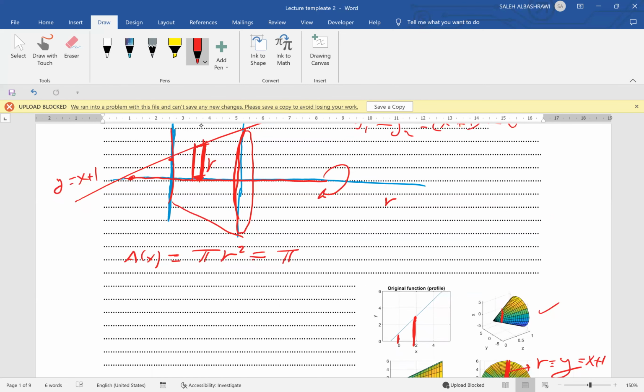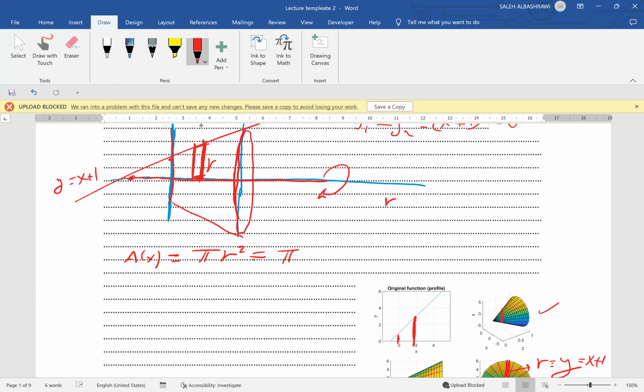Of x squared plus 2x plus 1 dx. We just expand the binomial x plus 1 to the power 2. It is x squared plus 2x plus 1. Now integrate and evaluate. I will have pi multiplied by